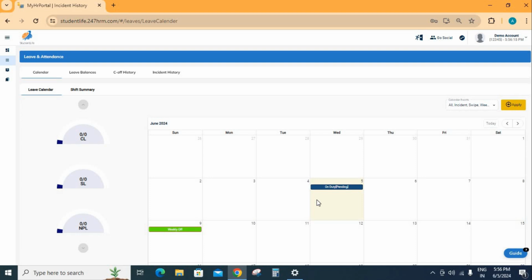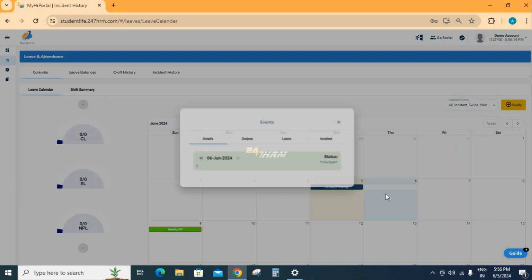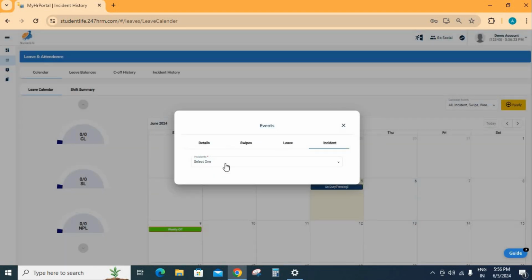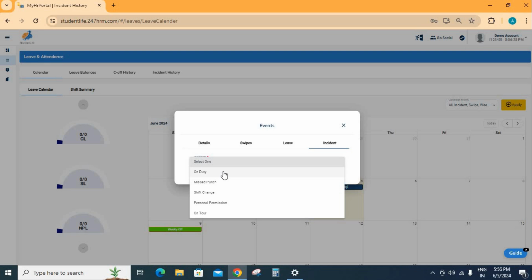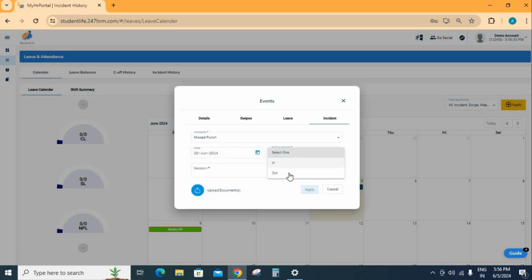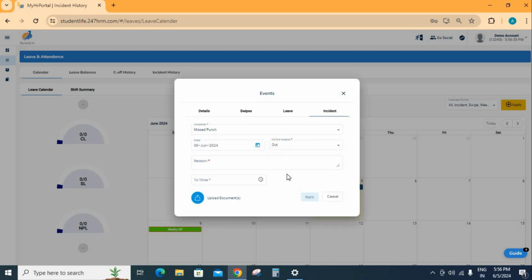You will go to the calendar, go to the incident option, and select one. Now let's suppose you have forgotten to give the biometric of your out time. You will go to missed punch, select one, and select the out time because you have forgotten the out biometric. So you give the out time, give the reason as forgot to do